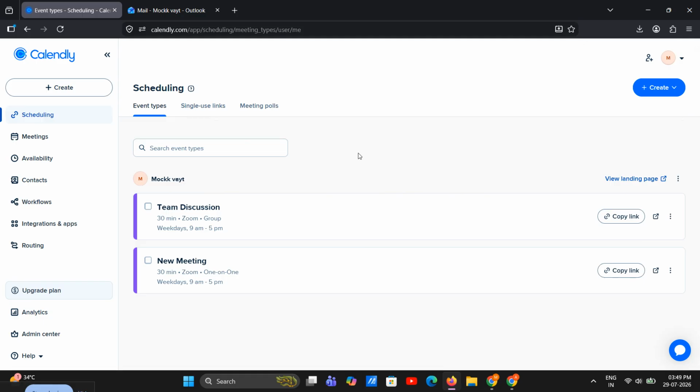In some cases, browser extensions or account permissions can affect the connection process. So if something doesn't work on the first try, double check that you're signed into the correct accounts. And that's it. You've successfully learned how to integrate Calendly with HubSpot. It only takes a few clicks, but it can make a big difference in how you manage bookings and track